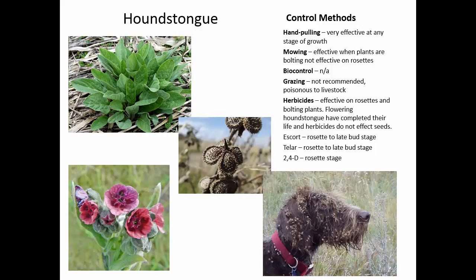Do they have any insects that are legal? Well, they did. However, hound's tongue is related to a ton of native plant species. So they were very close to being able to release it, but then they found that during their stress tests on these insects, when they stress them for food, it would jump to this relative plant. So that takes it out of the possibility of being released. But Canada did release some. So I would guess that eventually we will be getting some of the biocontrol back here.